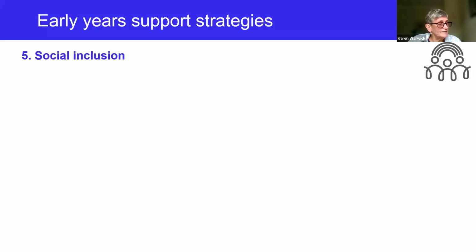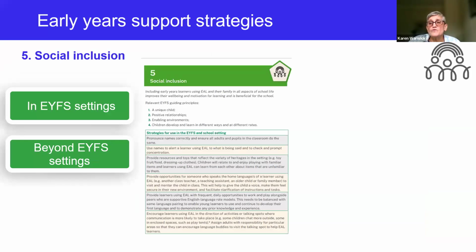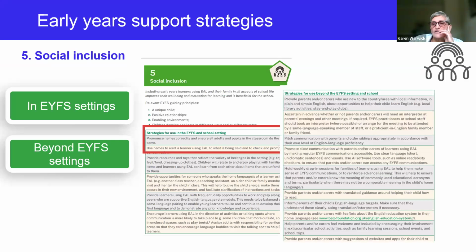And finally, social inclusion. So the teacher looks at the guidance and she notices that there are suggestions in there for using within the setting and suggestions from beyond the setting. So, for example, within the setting, there is pronouncing children's names correctly and ensuring that all adults and pupils in the classroom do the same. And beyond the classroom, as we've seen earlier,